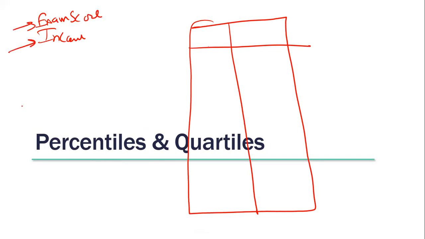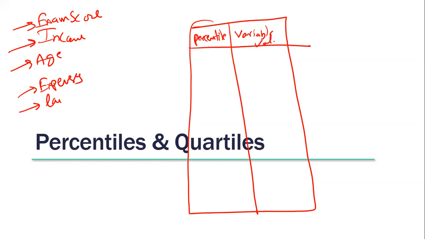But in general, percentiles can be calculated for any numerical variable: income, age, expenses, or number of loans, any numerical variable. What you need to do is tell Python the percentile value, what percentile you want. Then the variable value will be given to you in the output. The variable can be income, with the corresponding income value. The variable can be age, with the corresponding age value, or expenses with the corresponding value. Let's say I have given income data as input.